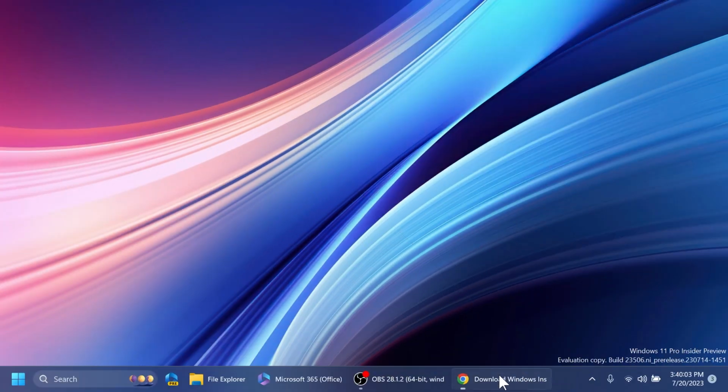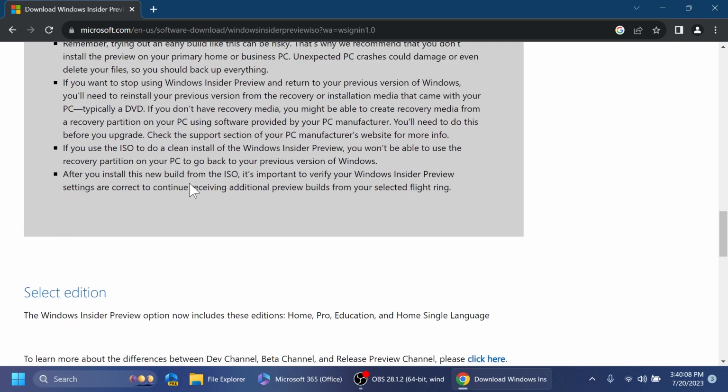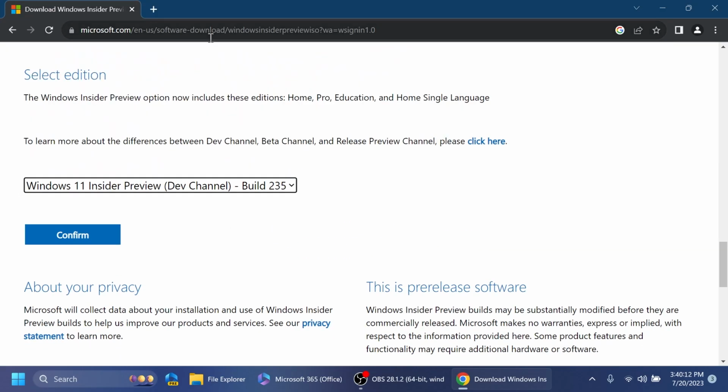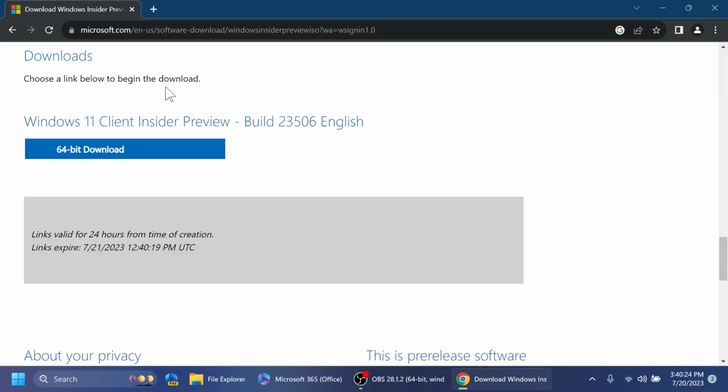in this video. Microsoft is also releasing ISOs for this build, so you can just go ahead and access the official Microsoft website, then go into selecting the edition, and we are selecting the latest dev channel build, confirm, and then you need to select the product language, confirm, then you're going to have the ISO available, the latest version for the dev